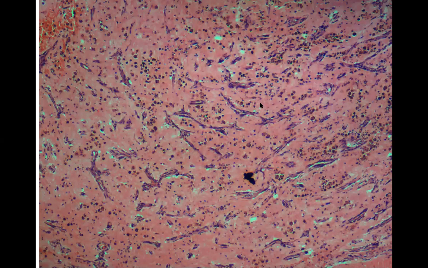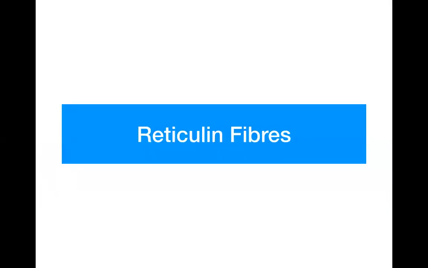It is produced by these fibrocytes, but this is not wavy, and this is not in the form of fibers that we have seen before. So this is the myxomatous matrix of the connective tissue. So mucin, when it comes in the connective tissue, we call it a myxomatous matrix, and the cells which produce them are also fibrocytes. But here in the myxomatous matrix, they assume a stellate shape, that is, they assume a star-shaped configuration, and this is the appearance of the connective tissue.